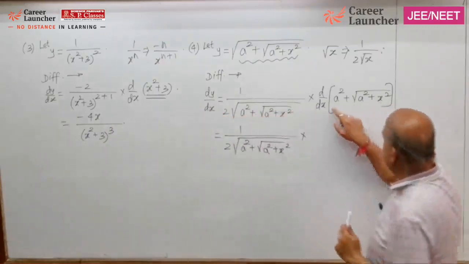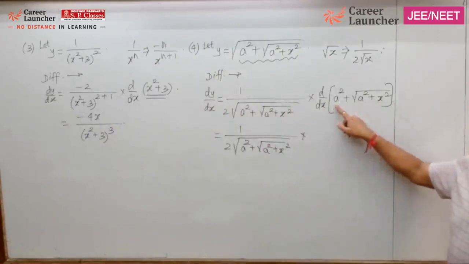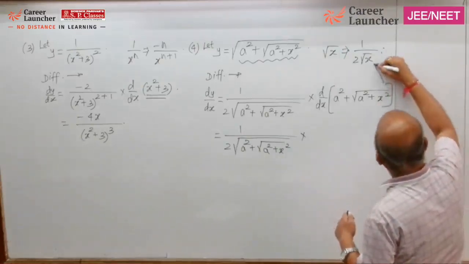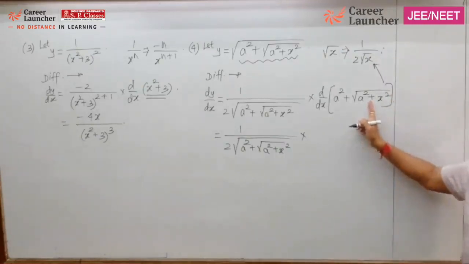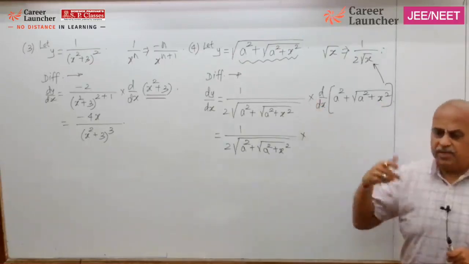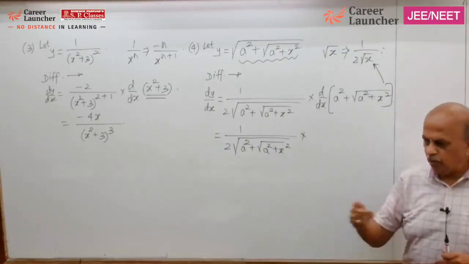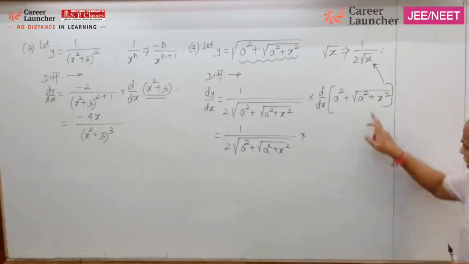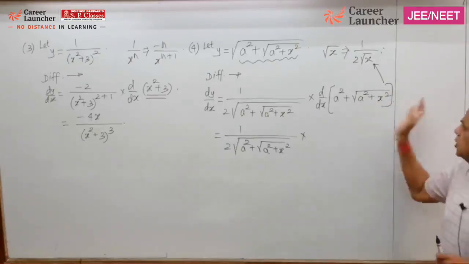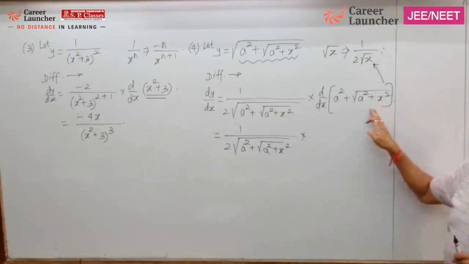And now come on, tell me, a square, its derivative will be 1. Correct, no? A square is a constant, derivative is 0. We need not write. Plus, don't you feel this is again the same formula? Root x. Only thing is that x is replaced by what? A square plus x square. So once again this is a chain rule. So you may say that this is a double chain rule question. We have to make use of the chain rule 2 times. Correct? So tell me, for root x, what is the composite part here? A square plus x square is the composite part. For root x, whatever comes in place of x is the composite part.